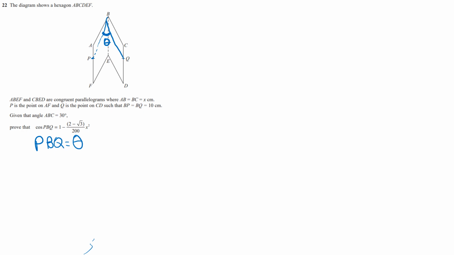The next thing to think about is I've got information about ABC. So ABC is 30. Now this diagram's getting quite crowded, so I'm going to draw that out separately. So I've got A, B, C, and this angle ABC is 30 degrees. Well, I'm also told that the length AB is x and the length BC is also x. Now, what I'm going to do is find the base length of this triangle, AC, because